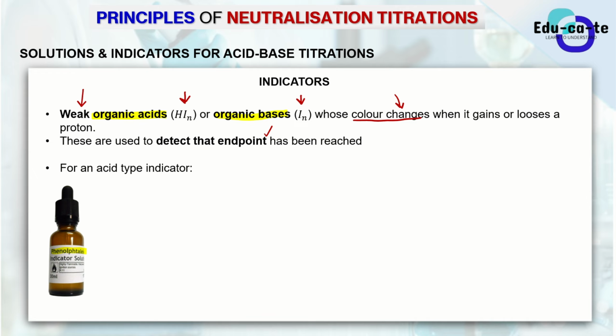So for an acid type of indicator, we can have this reaction. So this reaction, you can see that this is a weak organic acid. Our indicator is a weak organic acid. How do we see that? We see that it has got a proton here, this H here. This IN is just saying indicator, there's nothing much about it. So this H tells you that there's a proton in the indicator. So that is a weak organic acid indicator. So the indicator in this case is a weak organic acid. All right, weak organic acid.